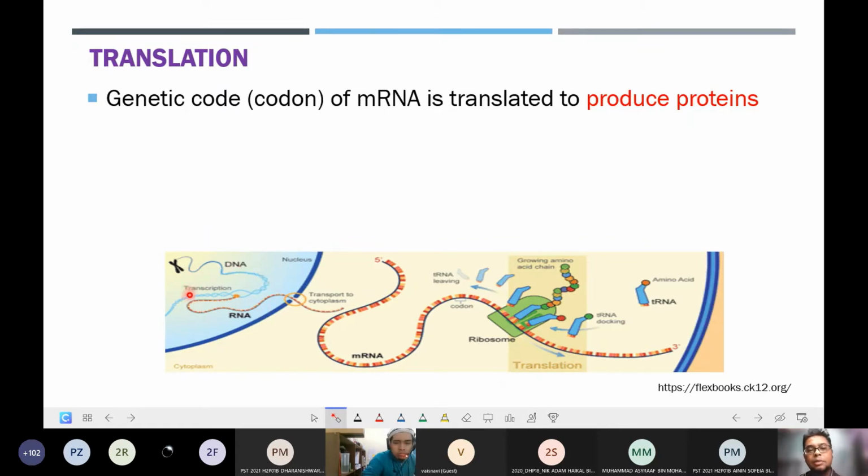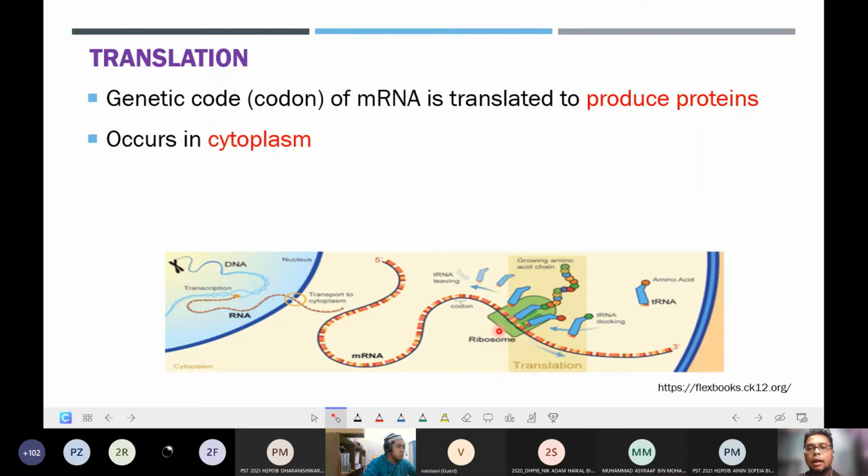Okay, so transcription that occurs inside the nucleus is shown over here, in which the DNA genetic information will be copied, and this will produce the mRNA. Then the mRNA will exit the nucleus through the nuclear pore. Once the mRNA is already inside the cytoplasm of the cell, then translation will occur, in which this will involve